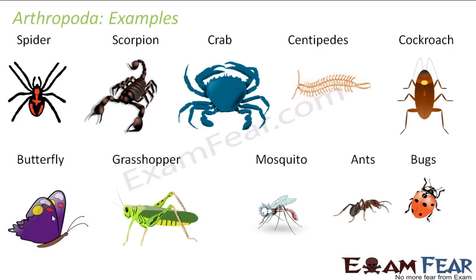So I'm sure that now you have started seeing organisms which we actually see in our day-to-day life. When we were talking about porifera or the coelenterates, they were organisms which most of us have not actually seen in real life because they are not that common in the locality where we live. But these arthropods are very common in our day-to-day life, and you can observe any of them and see that they have jointed legs. That means their legs are formed by joints. If you look at this crab, you see there are so many joints in its legs. So all of them have jointed legs.